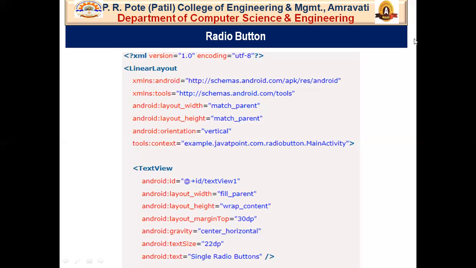It means that if previously you marked the female button as check and after that you mark the male button as check, then it will uncheck female automatically.